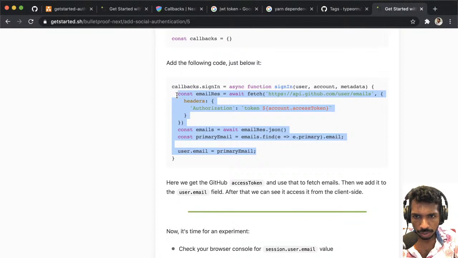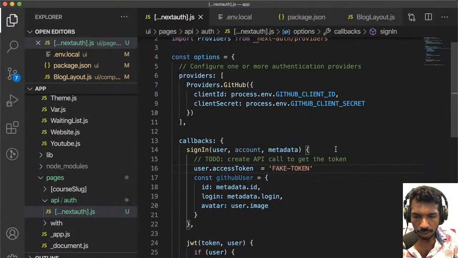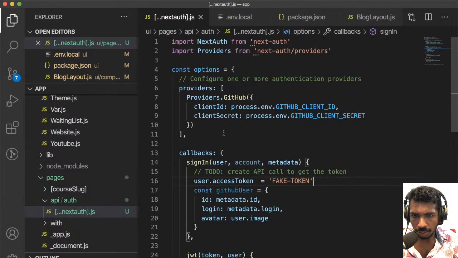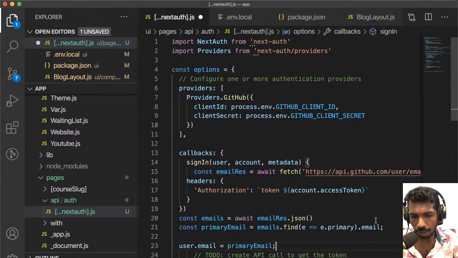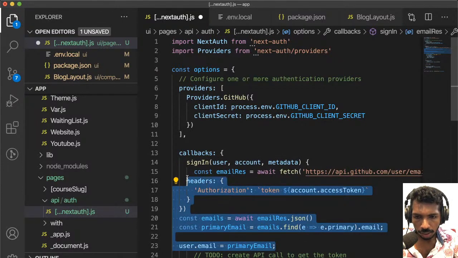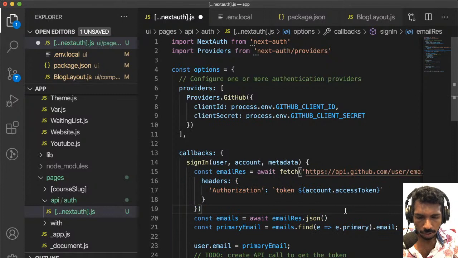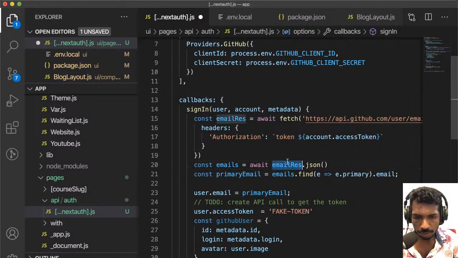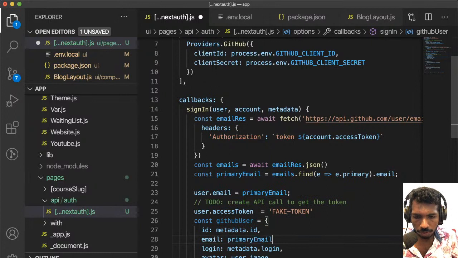Okay. The reason is we don't have the email in GitHub. They don't expose the email by default, so we have to grab it in a different way. So I mean, talking to the GitHub API call. So that's what I'm doing here. So here we can get the GitHub access token, and do this. Yep, that's what we want. The email, we have the primary email. I'm gonna set the email here, and also the access token,